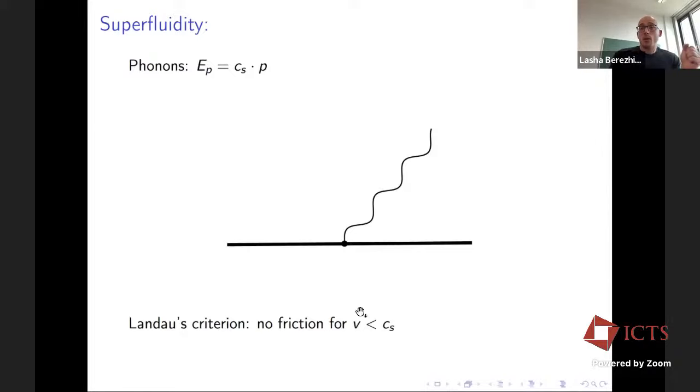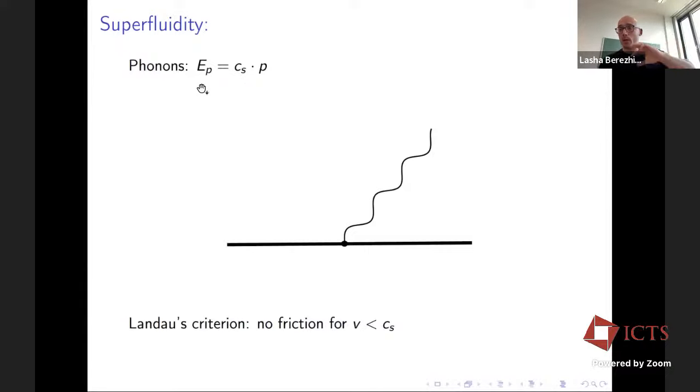As a result, for some perturber moving through the superfluid, for it to dissipate energy, the only option is to radiate sound waves. But for inertial motions that are subsonic, it is impossible, just like Cherenkov radiation only kicks in once you hit the barrier. So if a perturber is moving inertially with a subsonic velocity, there is no dissipation, because the only accessible channel for dissipation, which is these phonons with the sound wave dispersion relation, is kinematically prohibited from being radiated.